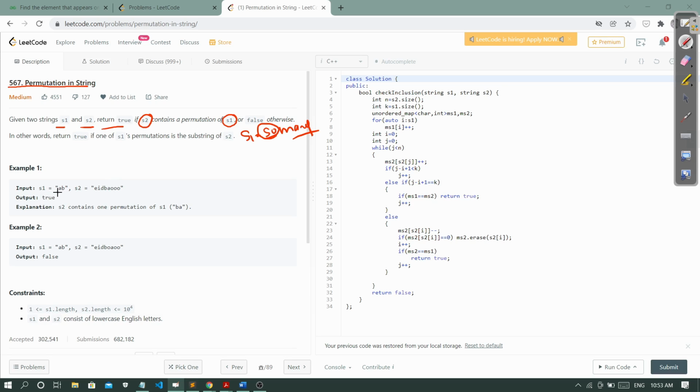See, in this example we have s1 is equal to ab and s2 is equal to this. So we have to find all the permutations of s1. So s1's permutations are ab and ba. So these are the two permutations of s1. So we have to check whether any of the two permutations exist in s2 or not. If I consider ba, here ba exists in s2, so in this case we have to